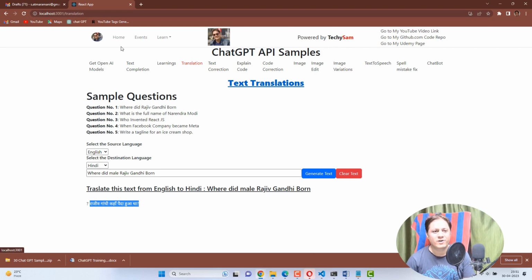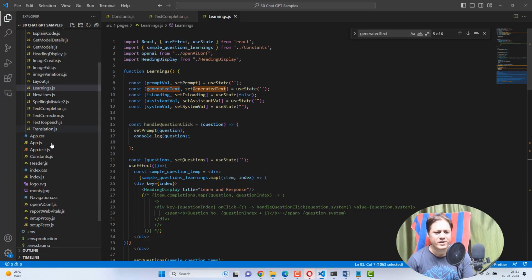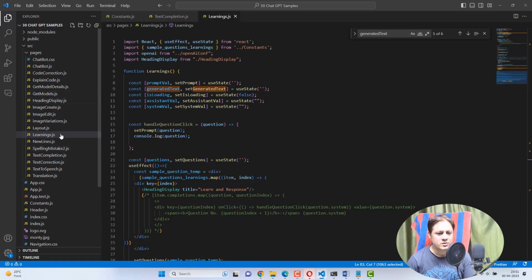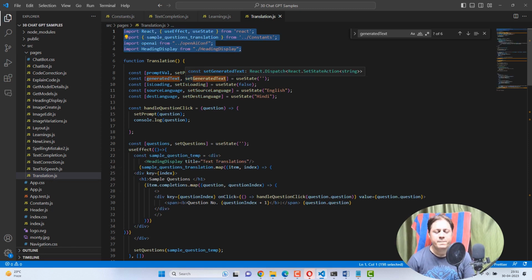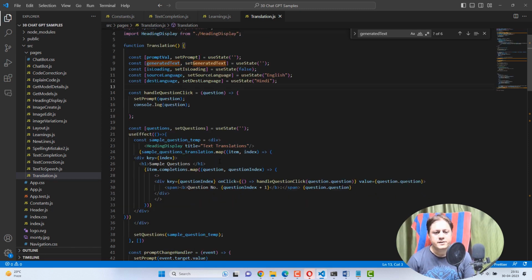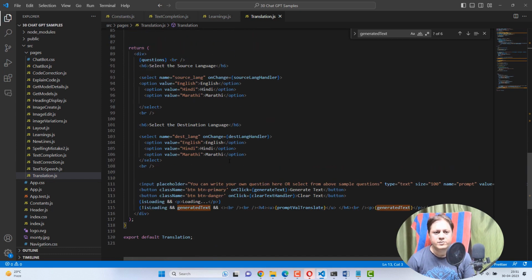So let me walk you through this translation code very quickly. So translation is here, and you see the same kind of stuff I am importing. Let's start from the bottom, from the return function. So this is the HTML in which I have a select drop down, wherein I am asking